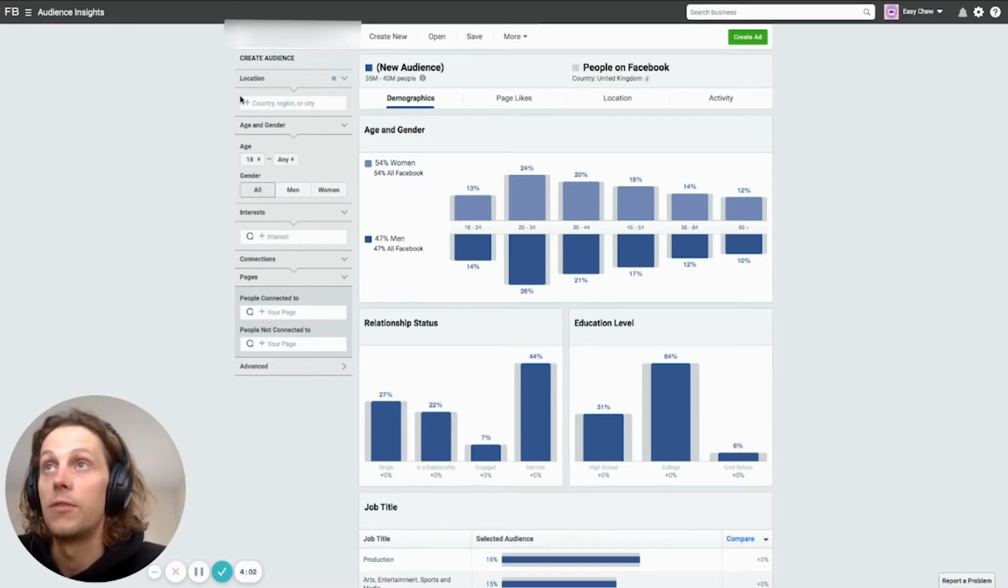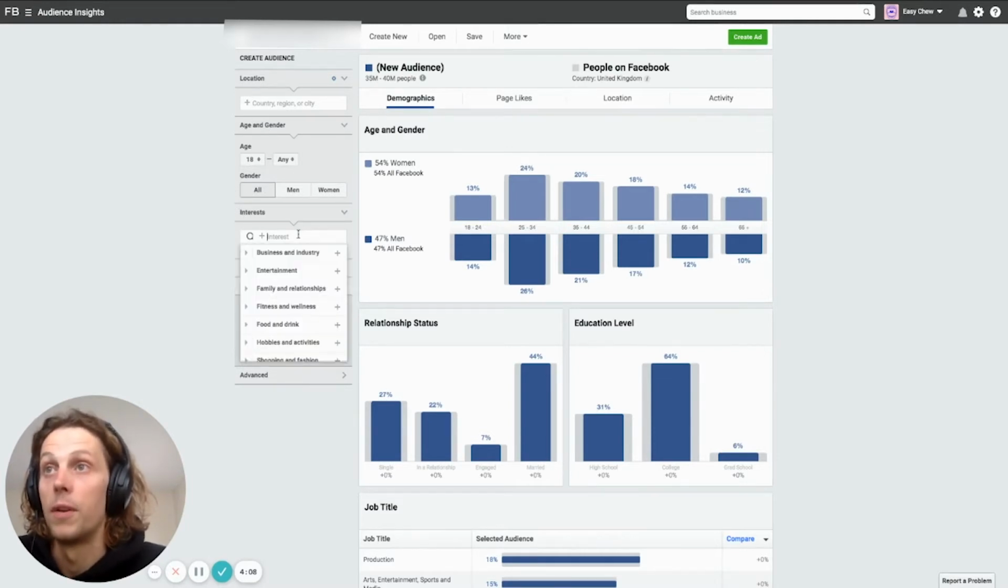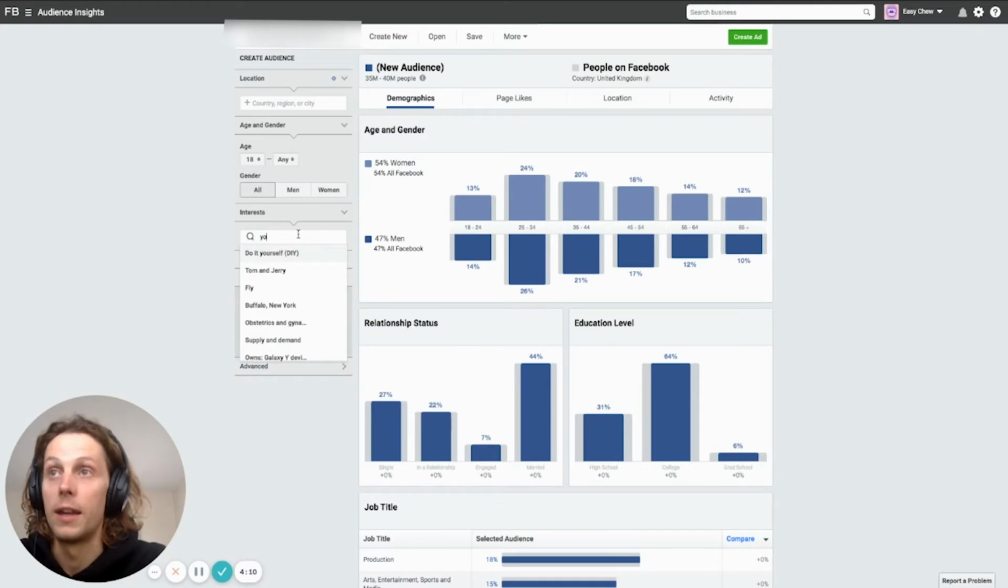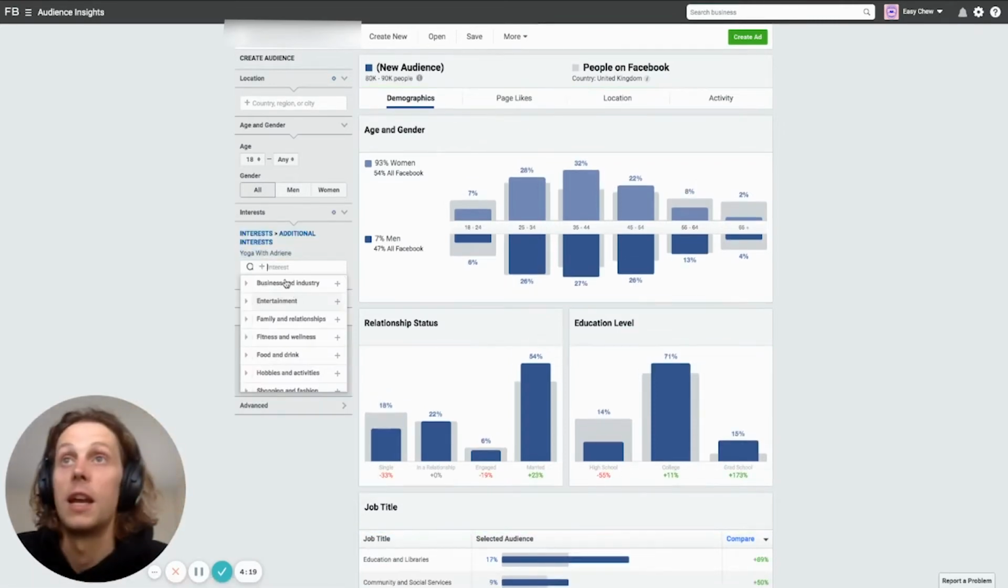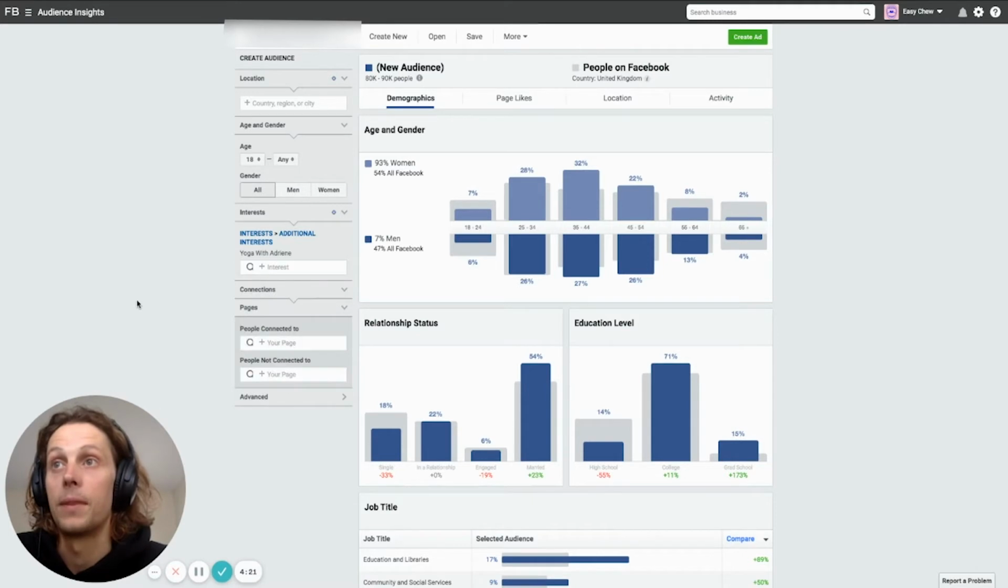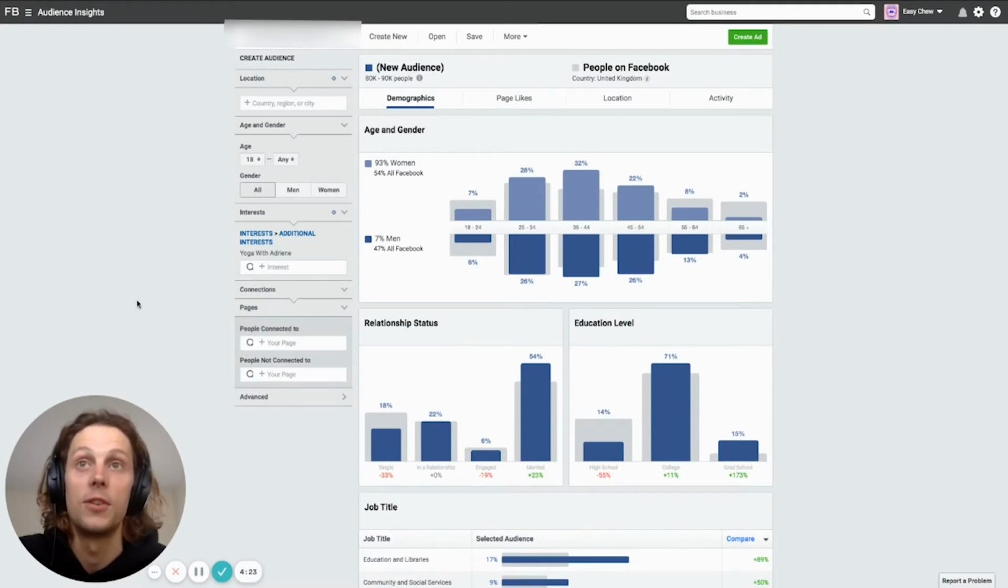Okay, so you're going to leave age and gender wide, and you're going to leave everything else basically open. The bit we're going to try here is Yoga with Adrian. Now, when you put in this interest here, this is really, really amazing, the insight you can get. Facebook's got so much data on everyone that it really can give you some amazing insights for your